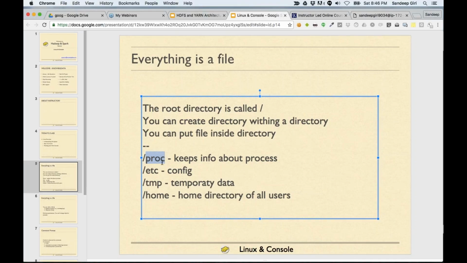How do you browse around? A special directory in Unix is called etc, at the top level. And then there is a directory called tmp. /tmp means it is a top level directory just below root. And then /home is where our folders are. If you see the console,